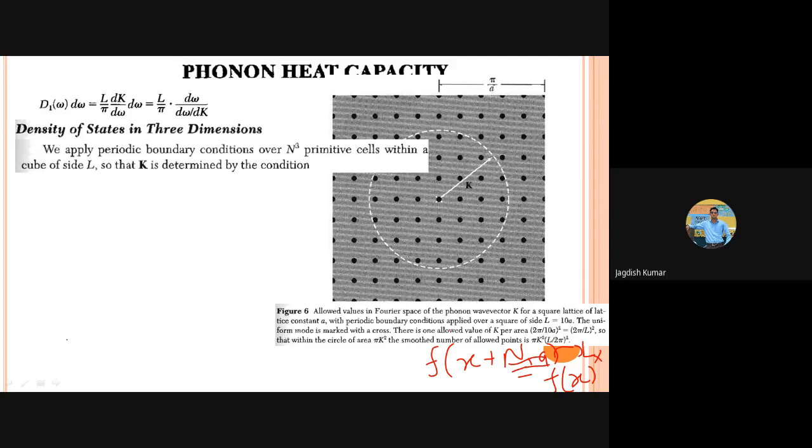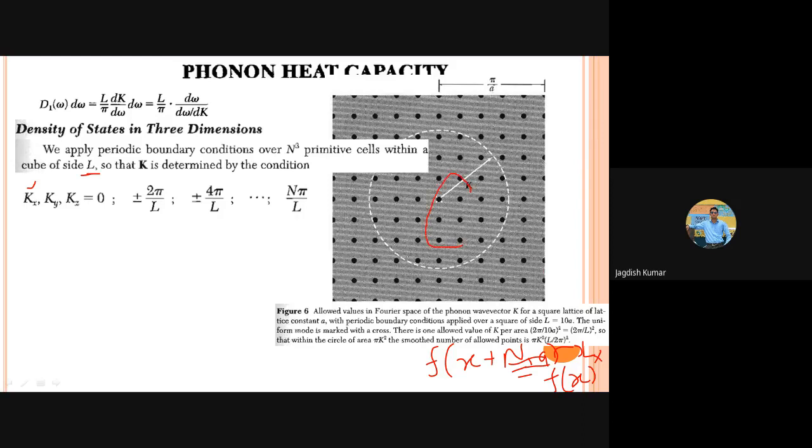So now what we are assuming is that suppose our crystal is of size L along all the three directions. Suppose we have taken a crystal of cubic shape. It doesn't have something to do with the simple cubic crystal structure or internal crystal structure of the crystal. But what we are saying is, suppose the overall physical shape of the crystal is a cube of side L. In that case, those periodic Born-von Karman boundary conditions would lead us to the allowed values of kx, ky, and kz,